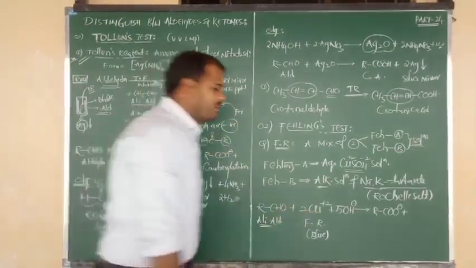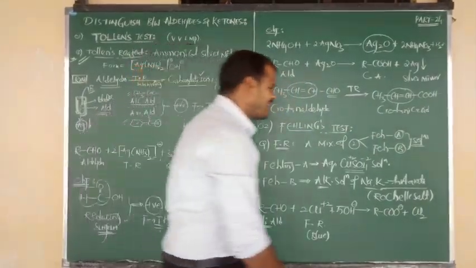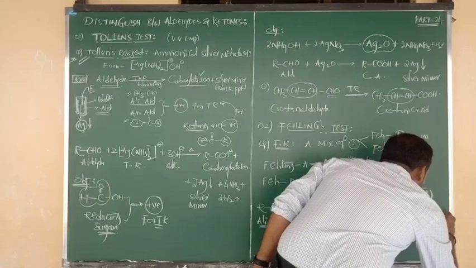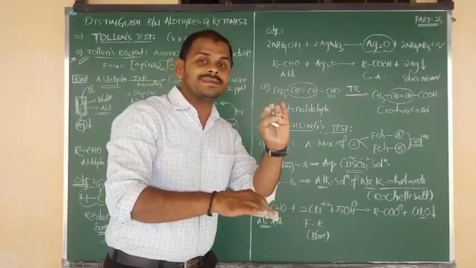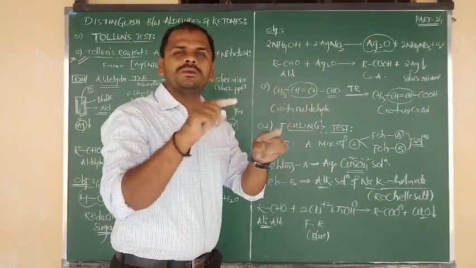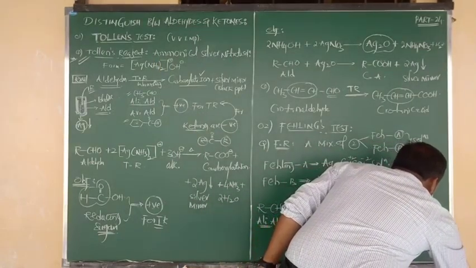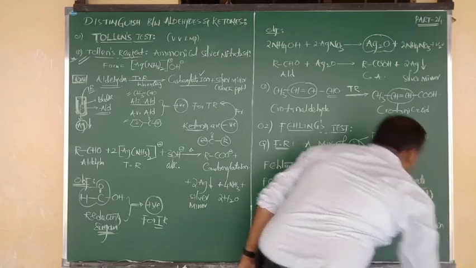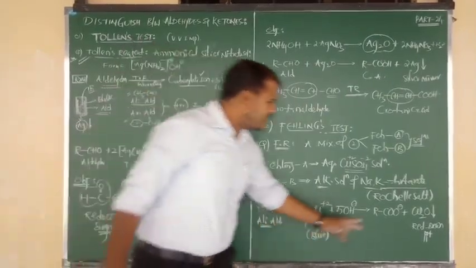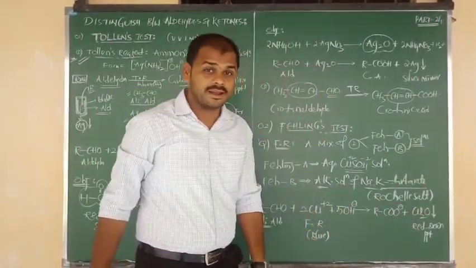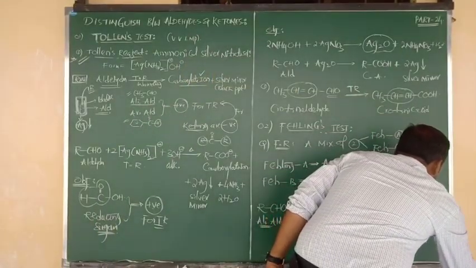The remaining 2 coppers are there. I am going to write Cu2 and it will get 1 oxygen, so Cu2O, which is nothing but a precipitate. That precipitate will be formed and settles down in reddish brown color. We can also say red brown precipitate. Next, here 5 oxygens are there, 5 plus 1 makes 6 oxygens; here 2 oxygens, and 3 more are cleared. The remaining 3 oxygens will be there, so we can write 3 moles of water.